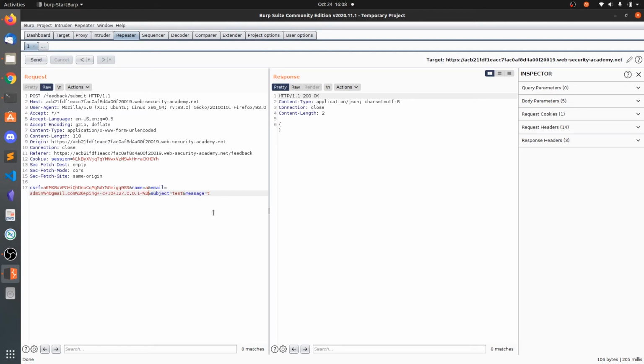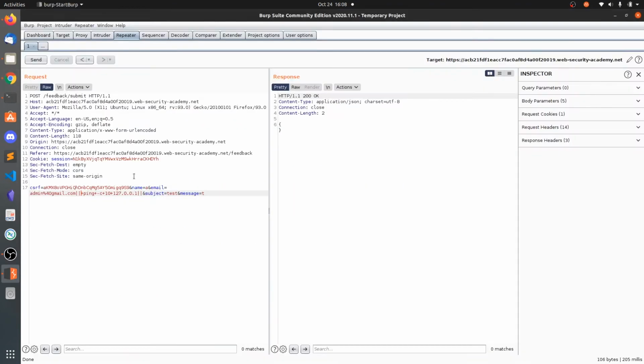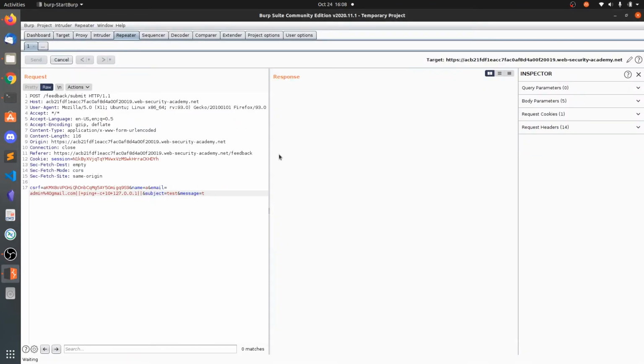Okay, let's put another payload, that is R payload. So maybe we need to change this one. Maybe this can be only like an example. So let's send this.